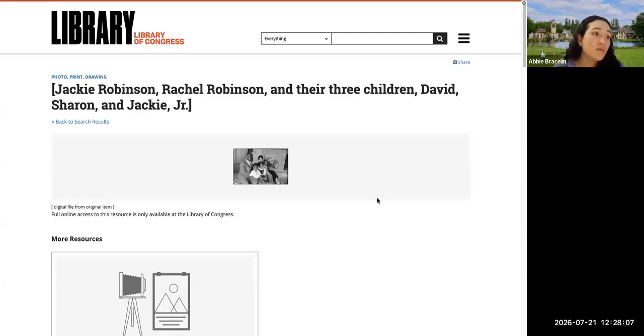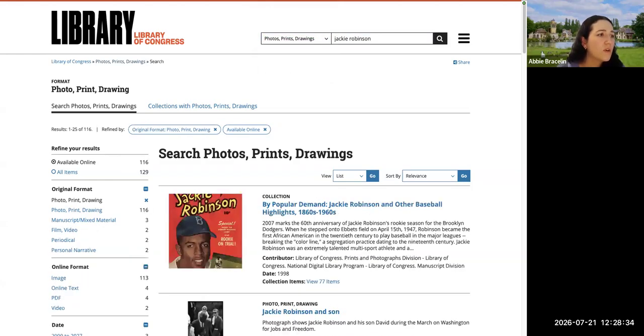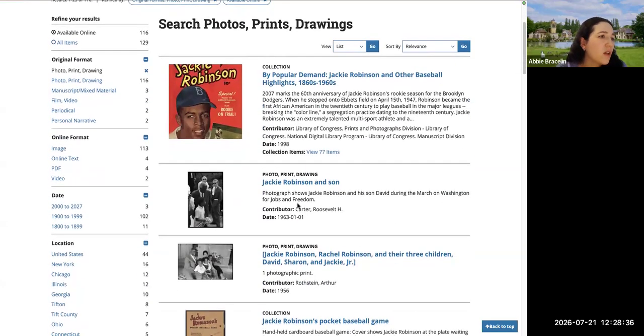And my students could even label this photograph. They could maybe talk about the differences between Jackie Robinson's family and their family. There's a lot of opportunities with one photograph. Like, a photo tells a million words, right? So that's an opportunity there. Now I could go back to, oh, hold on. Let me go back here. I'm going to just research. Okay. So there's a lot of opportunities.